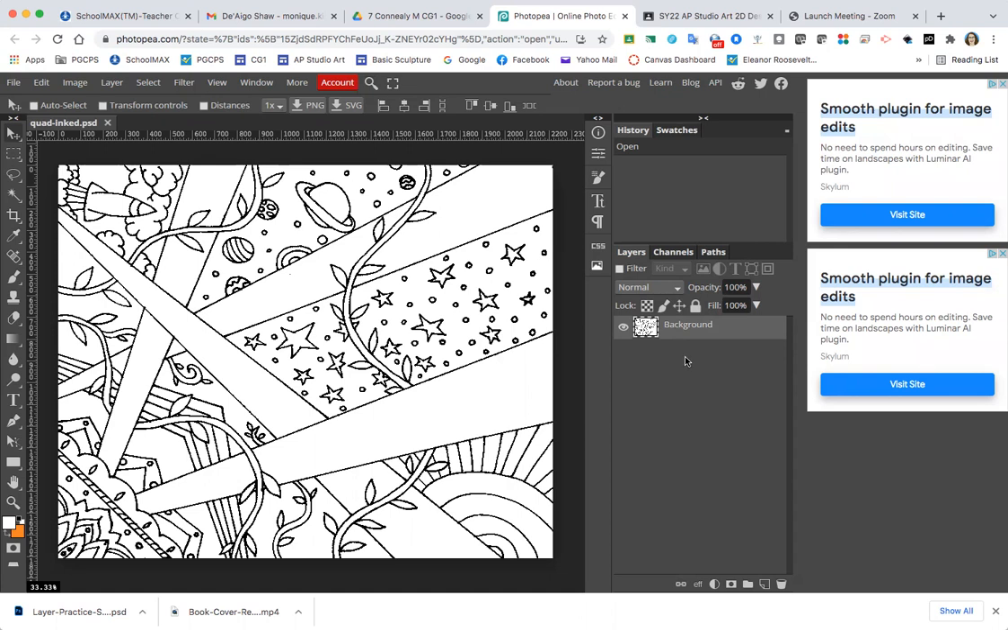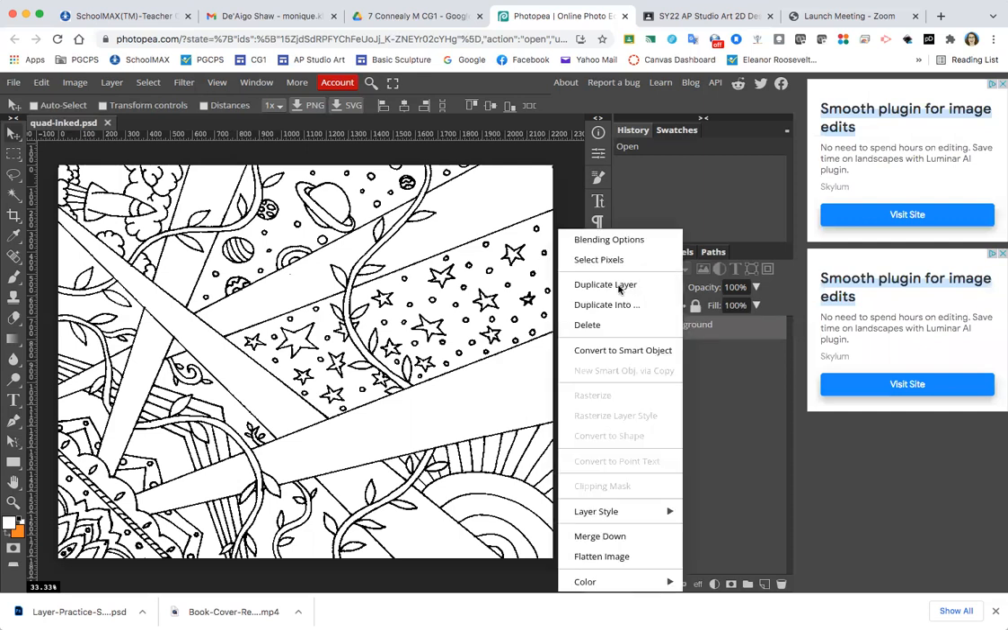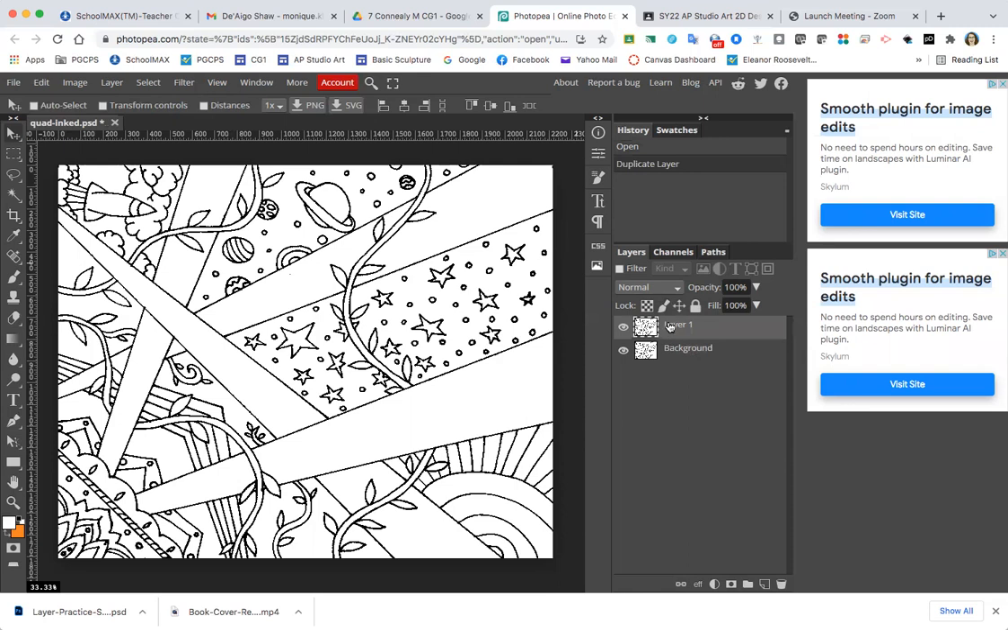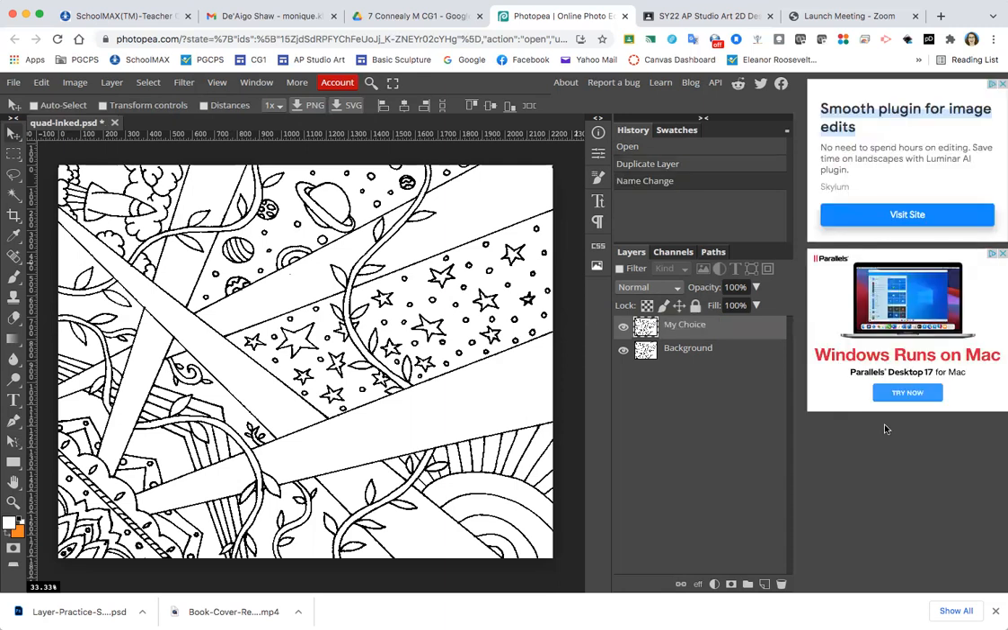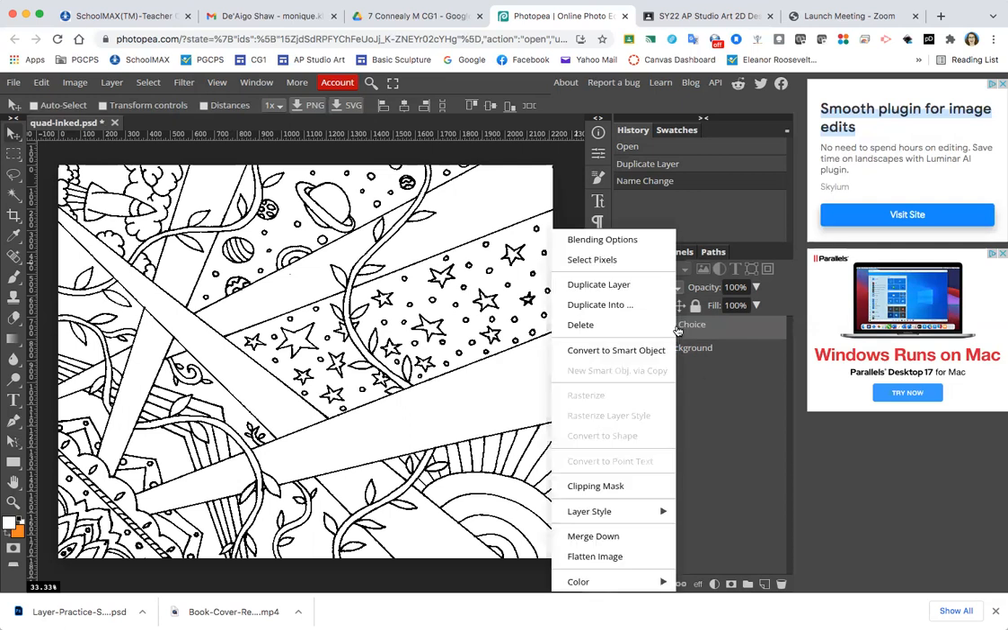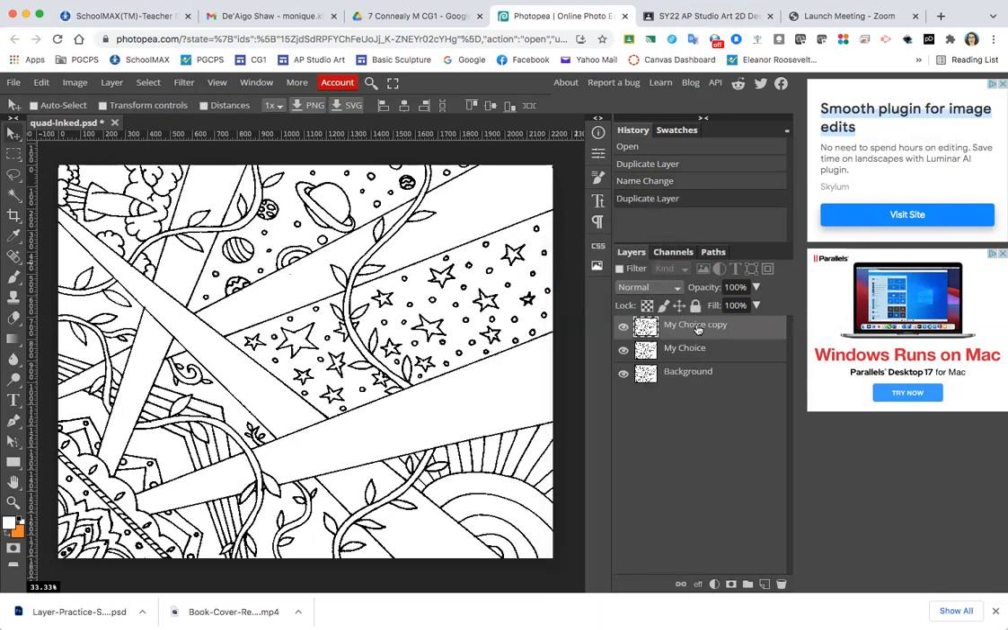All right, and then we're going to duplicate the layers. So I'm going to right click, duplicate layer. And I'm going to call the first layer my choice. So you double click on the words layer 1 and type in my choice. Enter. Right, and then you need to make 2 more layers. So I right click, duplicate layer, double click on the words, and I'm going to call this color